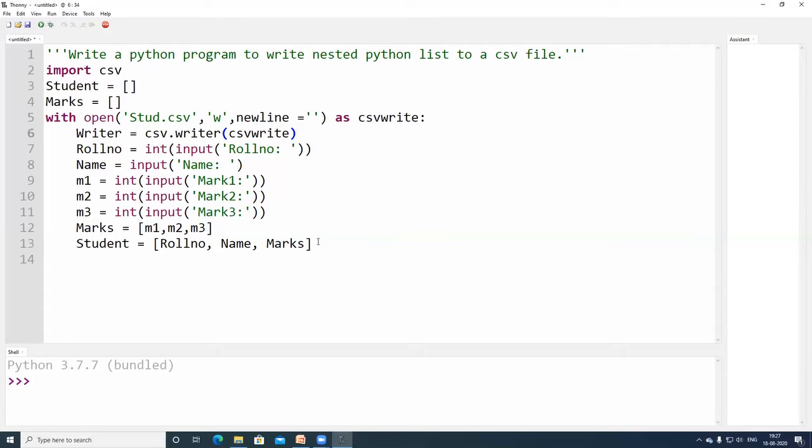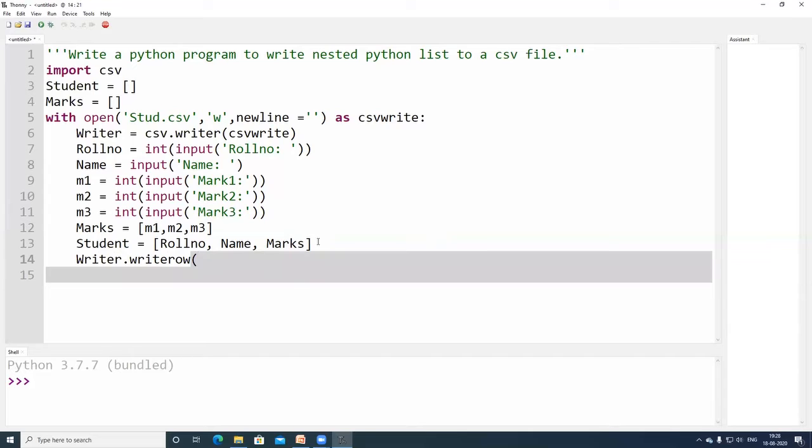Then coming over here, writer.writerow. What are you going to write? The object. The whole object is the student, right?